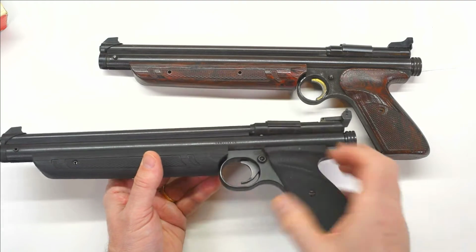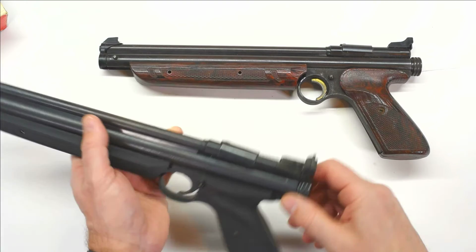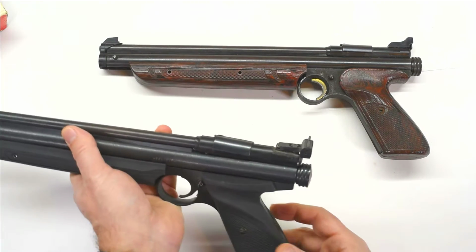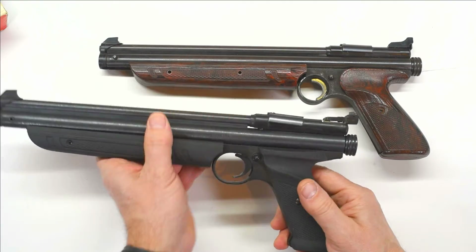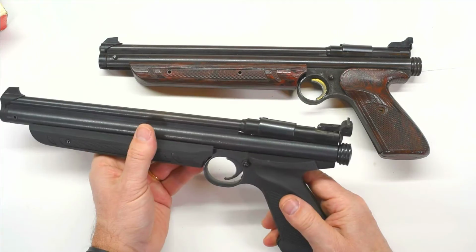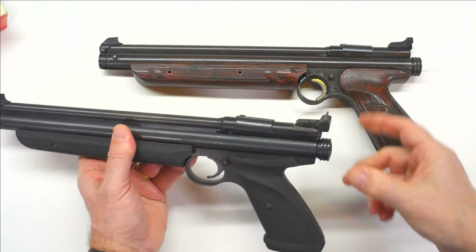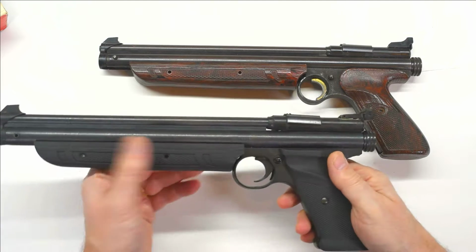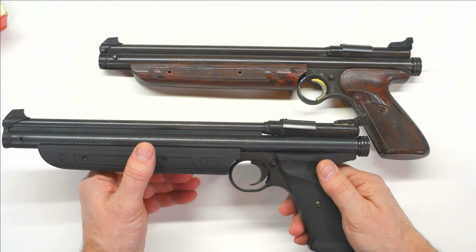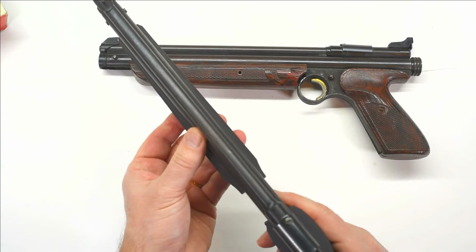It does have a safety right here, which blocks the trigger. Of course, if the gun's not cocked, it won't fire. You have to cock it before you fire it. So yeah, that's one of the things that makes things a little bit harder on these. You have to pump it up first, then you put in a pellet, then you cock it. Then you can fire it, or you can put it on safe. So yeah, pump-up guns, they're obviously a bit slower to shoot, but as I said, for a while this was my only air pistol,